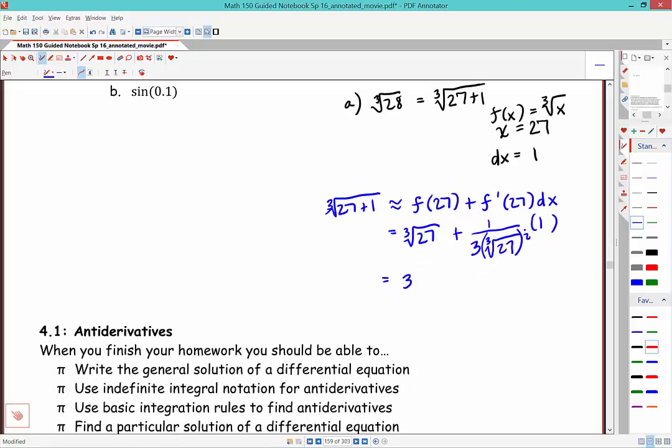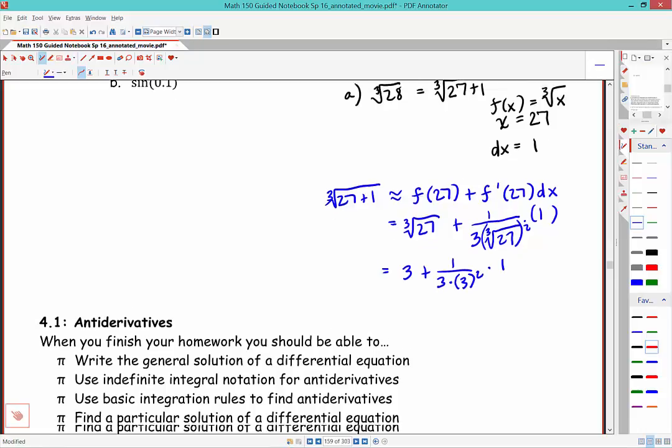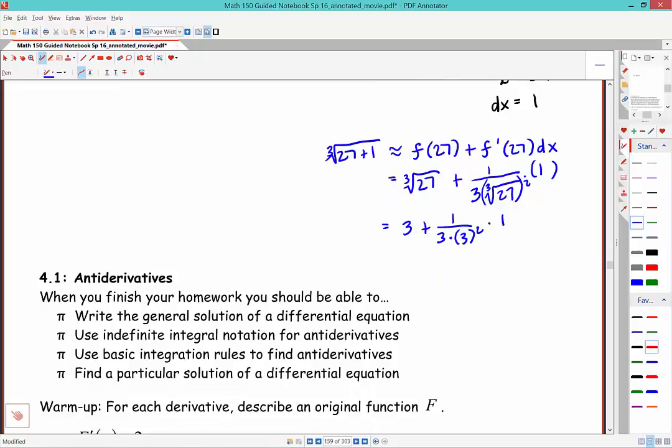So this would give us 3 plus 1 over 3 times, good, 3 squared times 1, which will give us 3 plus 1/27, which is